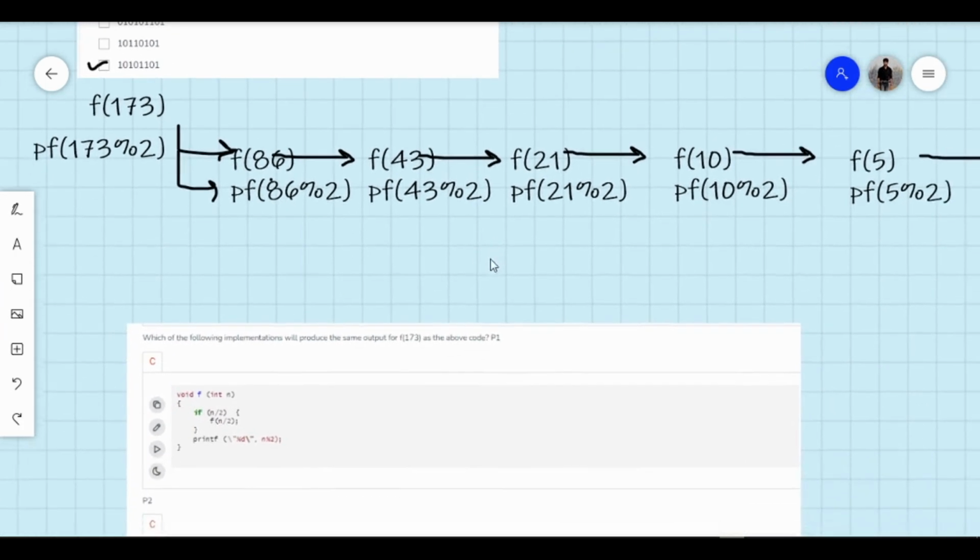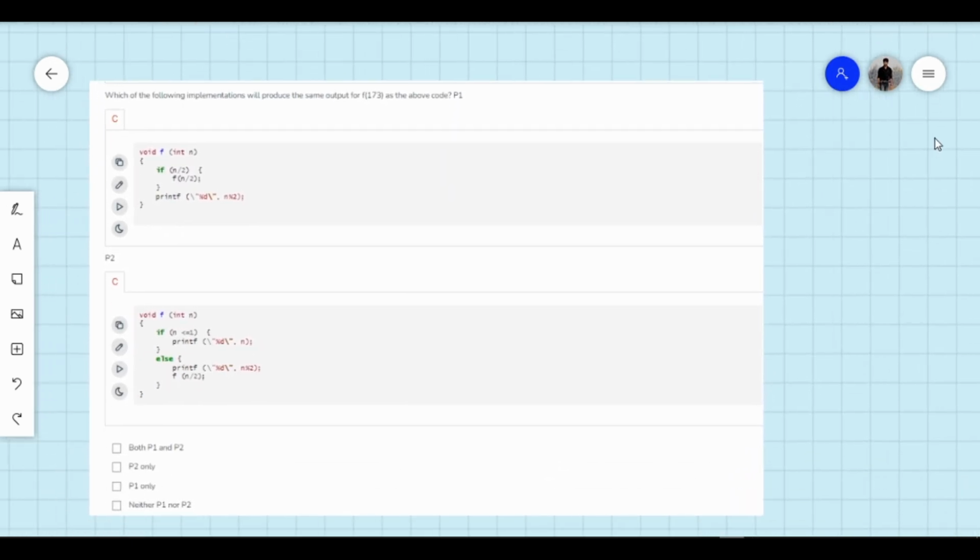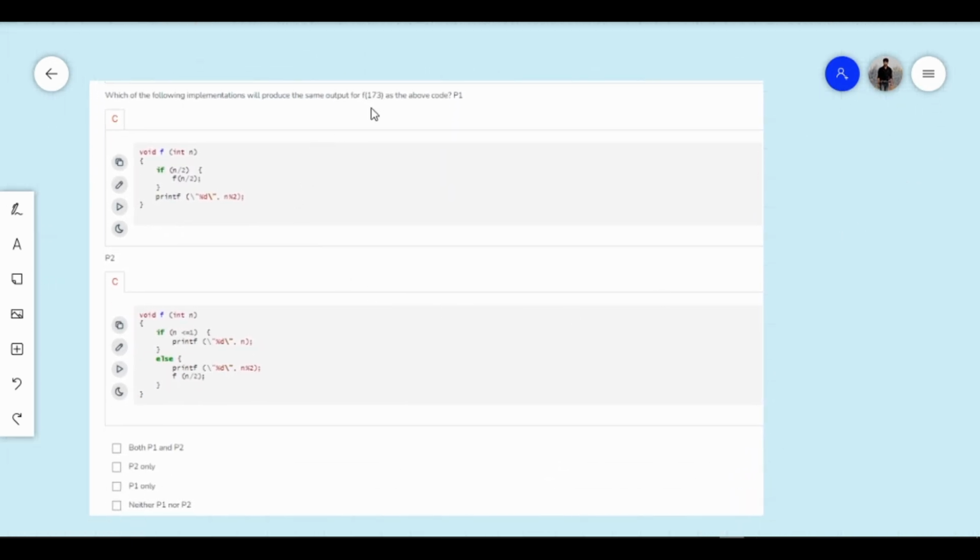Another question was, as we have made earlier, a call for f of 173. They have given two codes. Which of the following two codes will behave the same or will give the same output as the above code? One will give the same, two will give the same, or both will give the same? Okay.